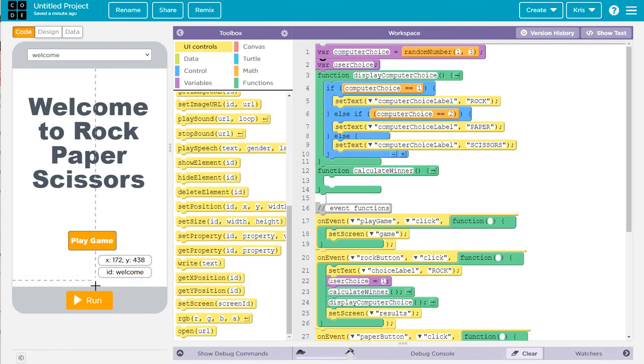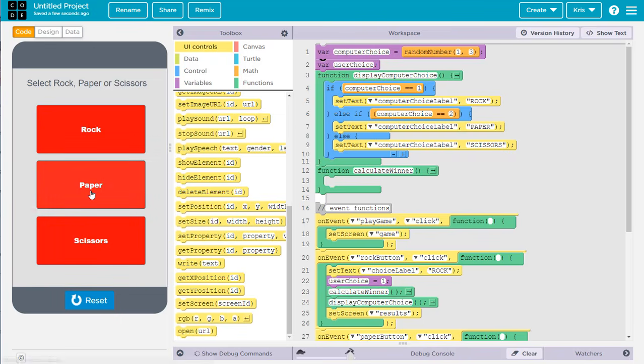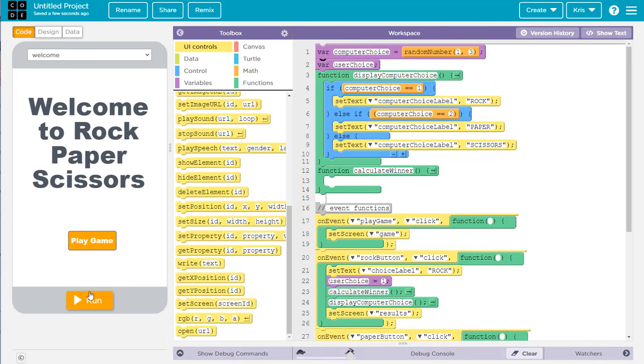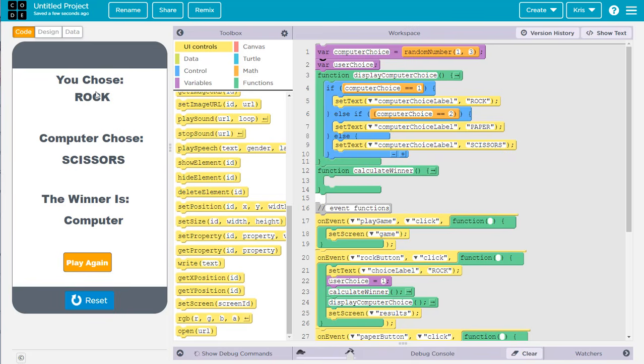Let's go ahead and test this game one more time. Hit run, play game. I'll choose paper. The computer chose paper. And again, the play again button doesn't work, but I can reset, run, play the game. This time I'll choose rock. The computer chose scissors. If you're wondering whether the computer choice is working properly, one thing you can do